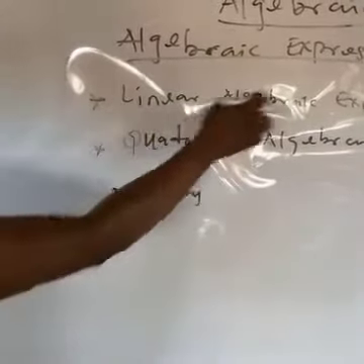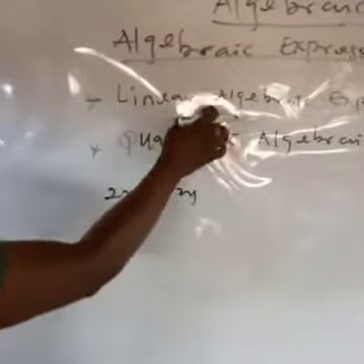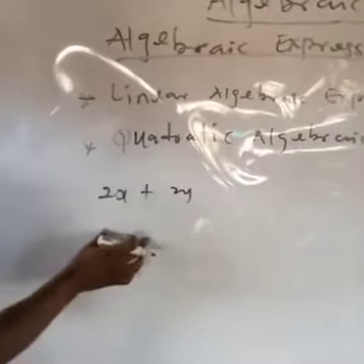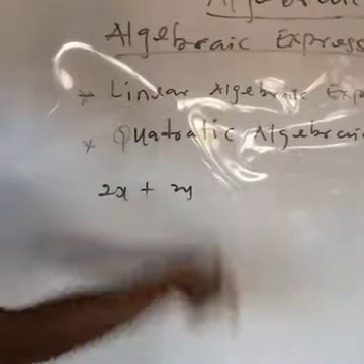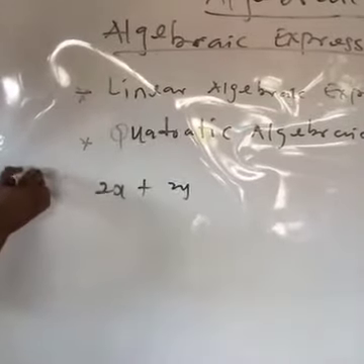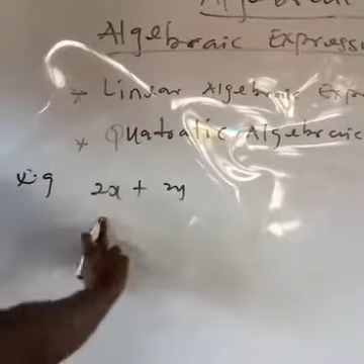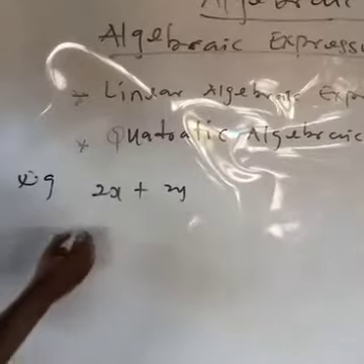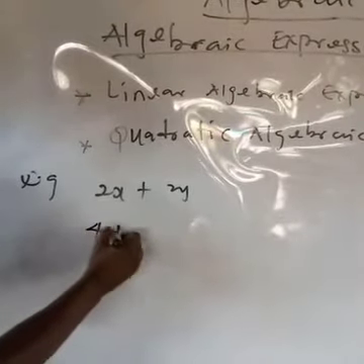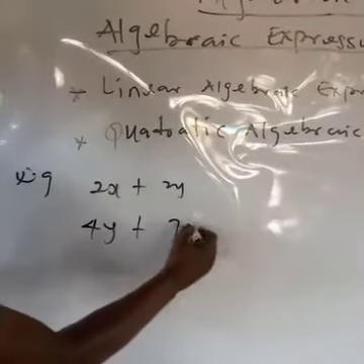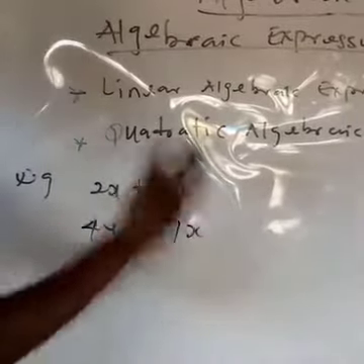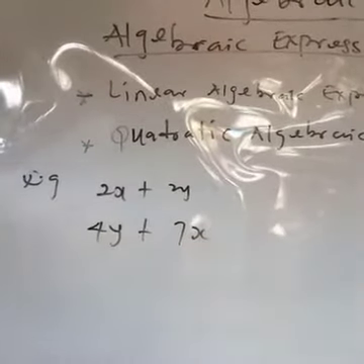A linear algebraic expression is that algebraic expression in which its highest power is 1. A good example, 2x plus 2y. Another one is 4y plus 7x. Just like that. The highest power is 1 in